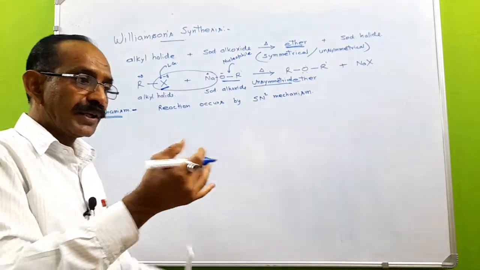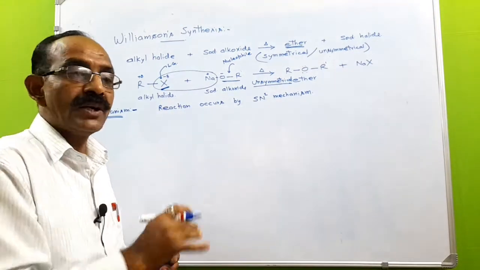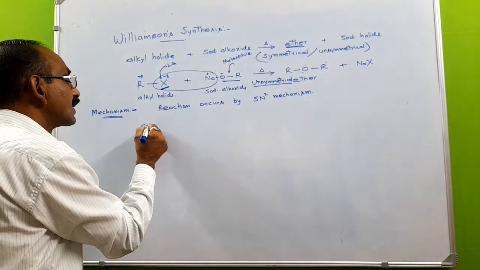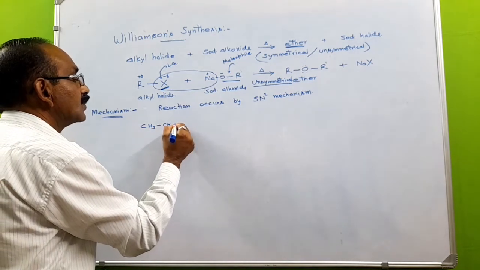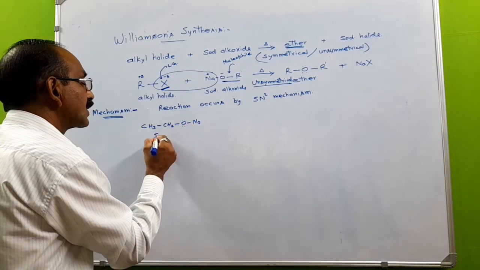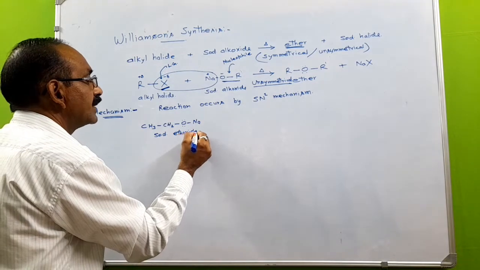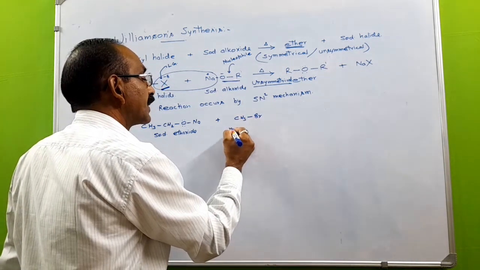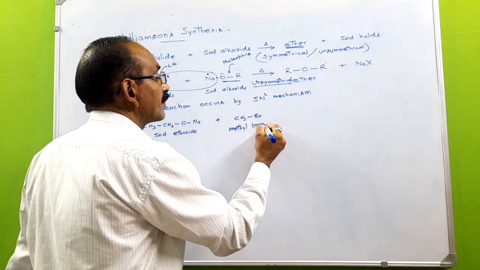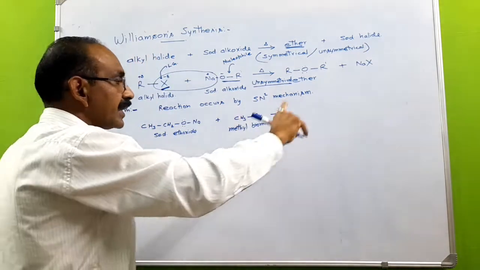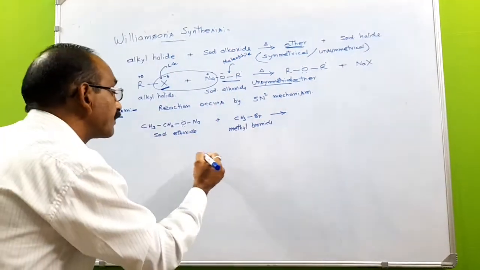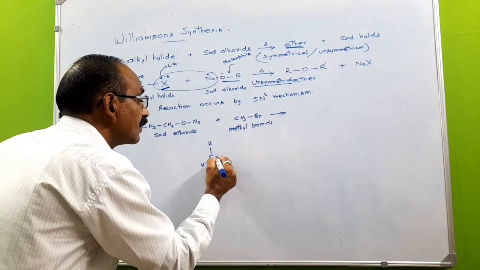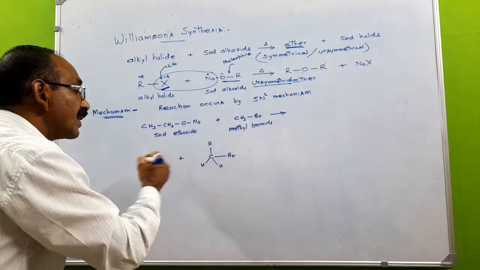In SN2 mechanism, the nucleophile approaches or attacks the substrate molecule from the trans side to the leaving group. Our reaction is CH3CH2ONa, this is sodium ethoxide, and here it is CH3Br, methyl bromide. So how the reaction will occur here? See, this is CH3Br, and this one will be attacked by